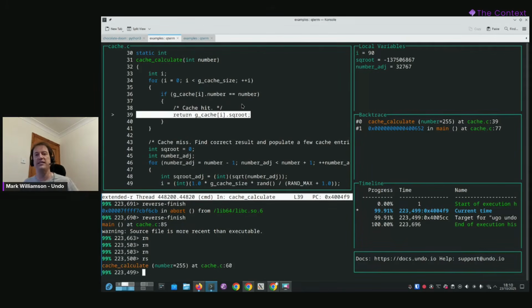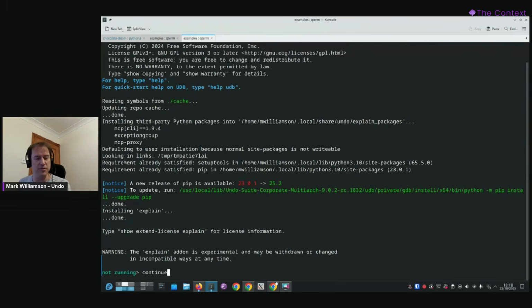And we can see here, this program crashed because there was corrupt data in a cache, which is good because now we know the immediate cause, but it's bad because we don't actually know why the cache got corrupted. This is as far as you could get with, say, a core dump in a conventional debugger. Actually, I want to show that we can go a bit further with this.